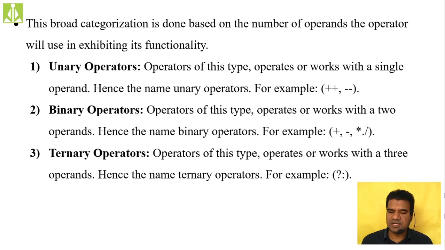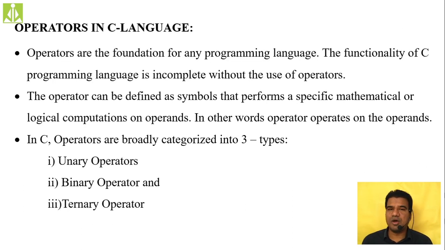So based on this, we said unary operators and ternary operators are new concepts to you, because before this C language, you might not have seen any such operators in your academics, isn't it? In your mathematics, we used to use only binary operators. Okay, they will take two operands to perform the